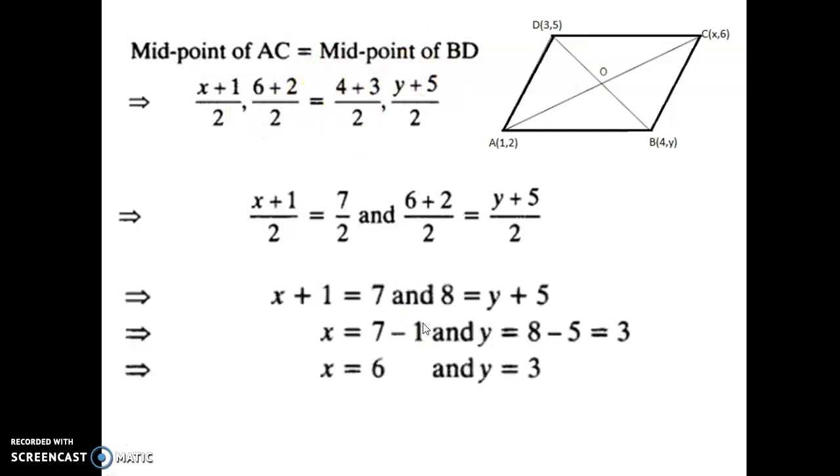So solving further, you will get x plus 1 equal to 7. Why? Because in both denominators 2 is there, so you can cancel it. First we will solve x alone. You bring this 1 to the other side of the equal sign, you will get 7 minus 1, so that is 6. x is equal to 6 we got. Now we will come to y. So this is 8 by 2. That 2 will get cancelled, both denominators having 2. So y plus 5 equal to 8. y is equal to 8 minus 5 equal to 3. So y is 3. This is the answer.